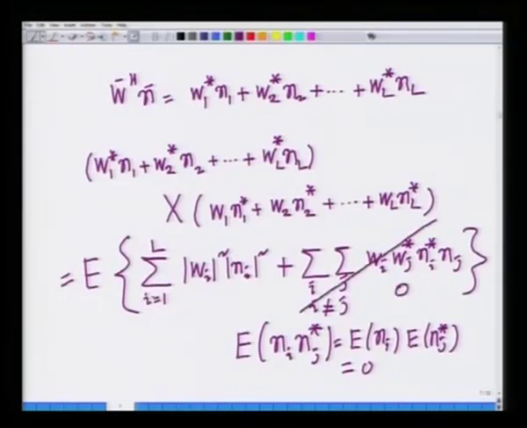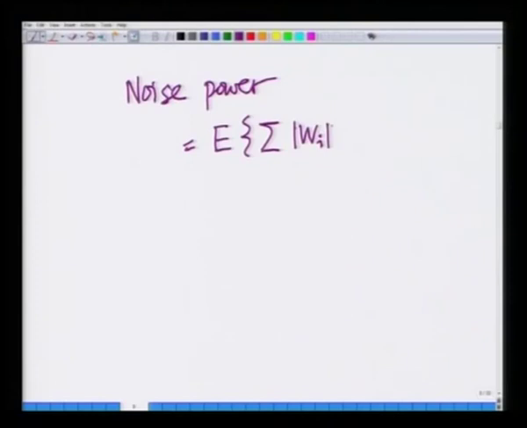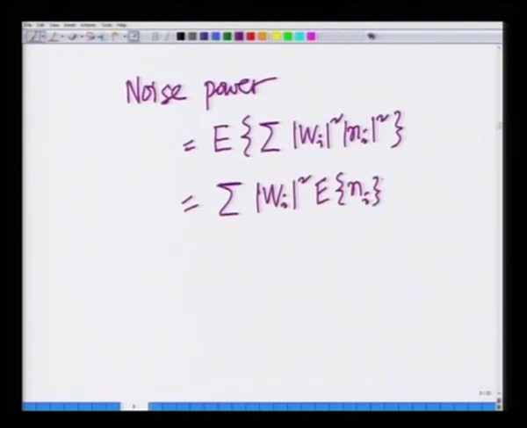The only term that survives is expected magnitude Wi square, magnitude Ni square. So, let me write this down. The net noise power is expected summation magnitude Wi square, magnitude Ni square. This I can write as summation, because magnitude Wi square is a constant, so that will come out of the expectation. I can write this as magnitude Wi square expected Ni square summation over i. Each expected Ni square is equal, that is the power in the noise at each receive antenna, that is sigma n squared. So, this is simply sigma n squared into summation magnitude Wi squared,